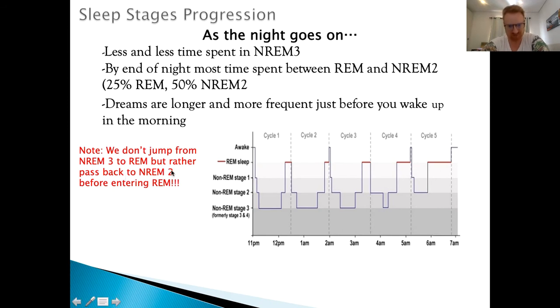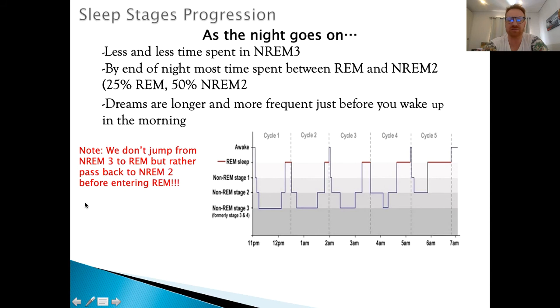Now, one misconception that you really need to know is that a lot of people think that we go from 1, 2, 3 and then jump into a dream. 1, 2, 3, dream. No. But what we do is sort of go up and down the ladder. We go into 1, 2, 3, back to 2, and then into a dream. And then 2, 3, 2, dream. That's essentially what we're doing. We're not just jumping from